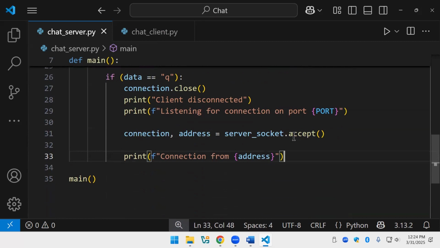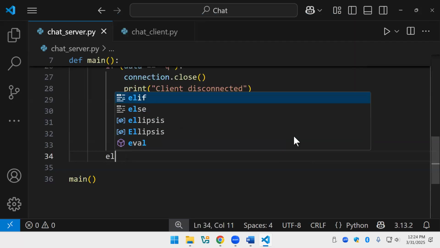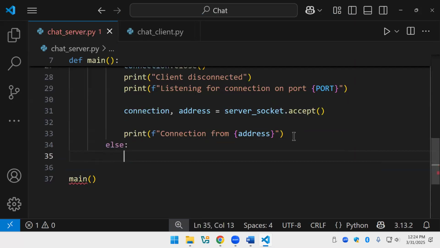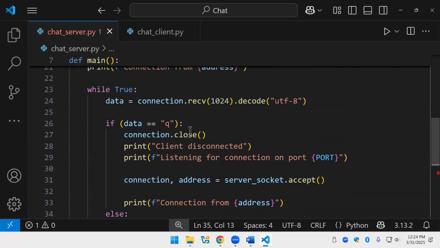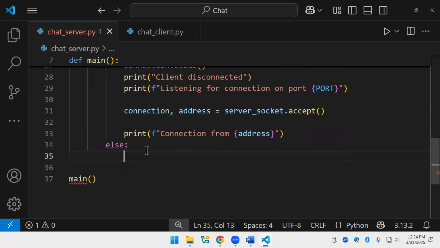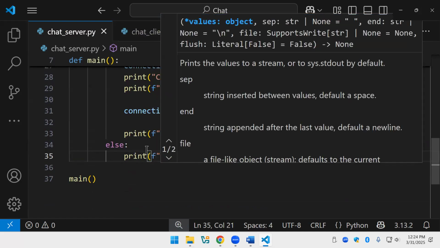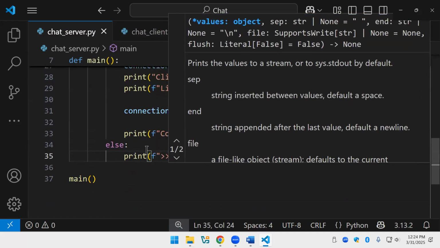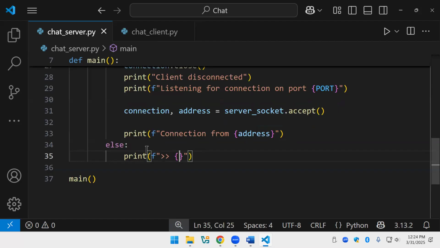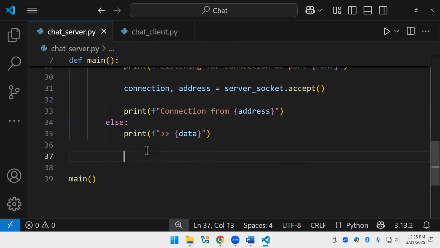However, if the data, which is else, if data contains something else, well, then we receive it. We print the message. So we need an F string, and I'm going to put a couple of these. That's supposed to indicate like our little chat interface, and we print the data. There. So this prints whatever is coming in from the client. And then we wait